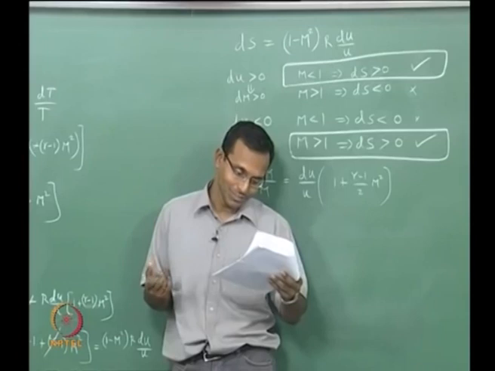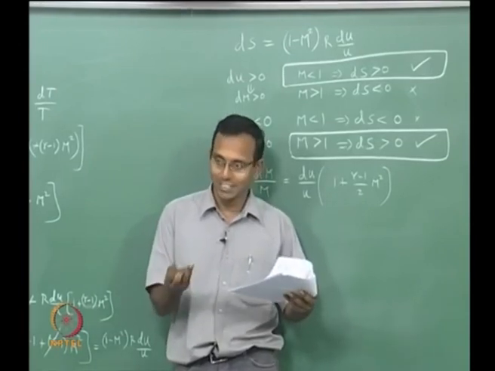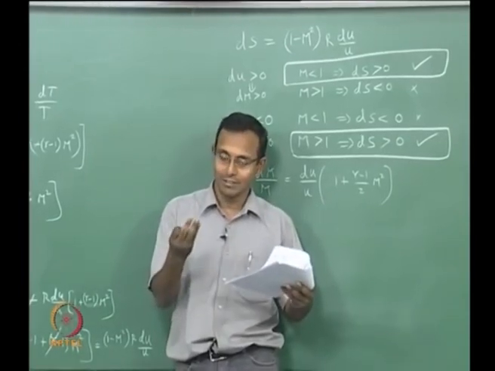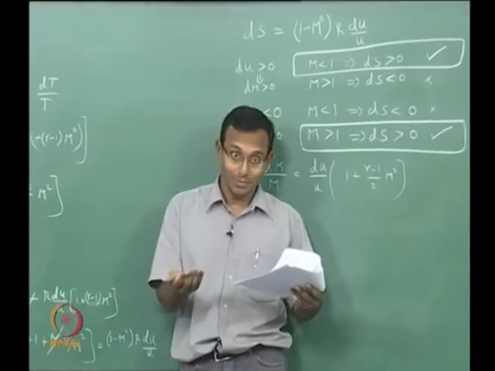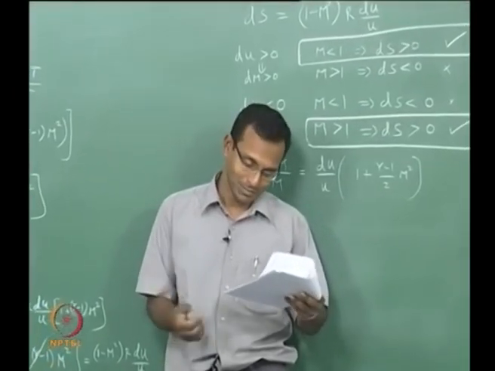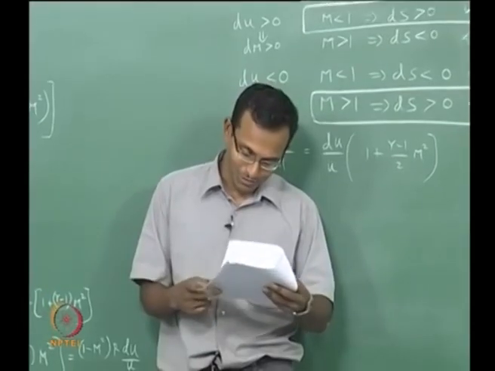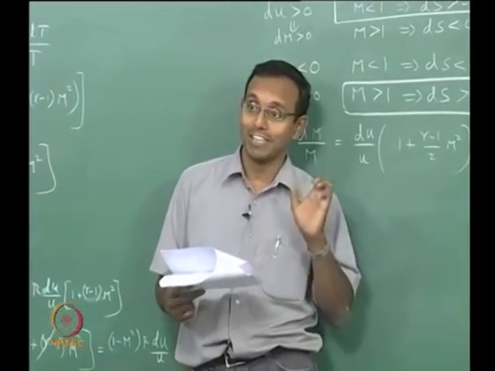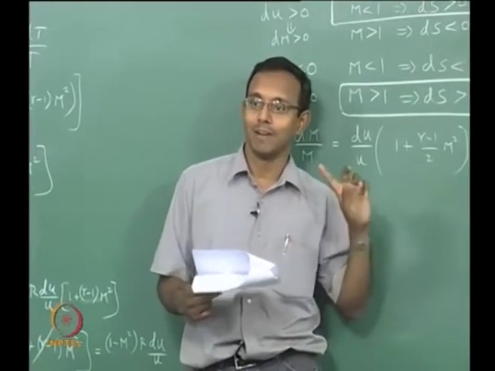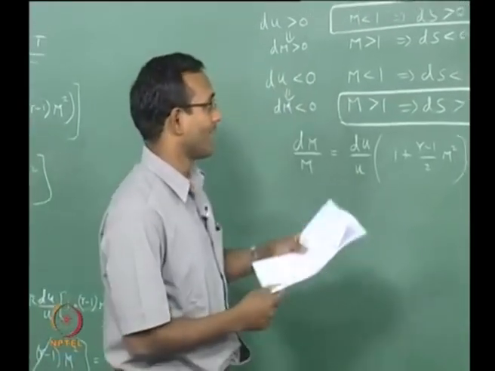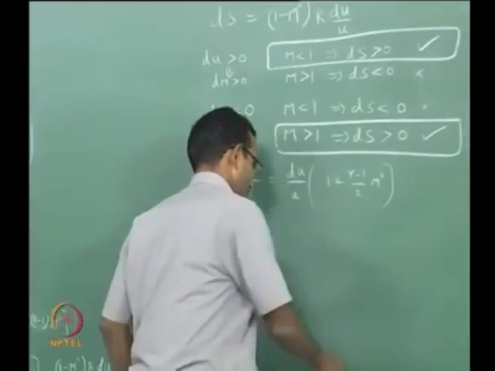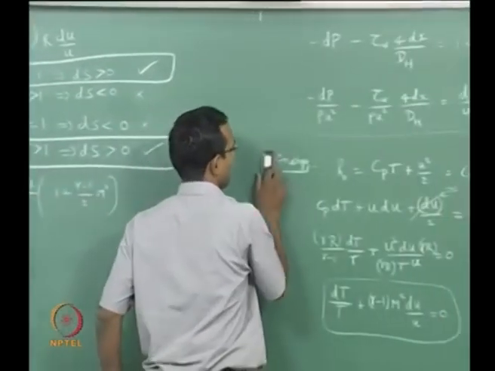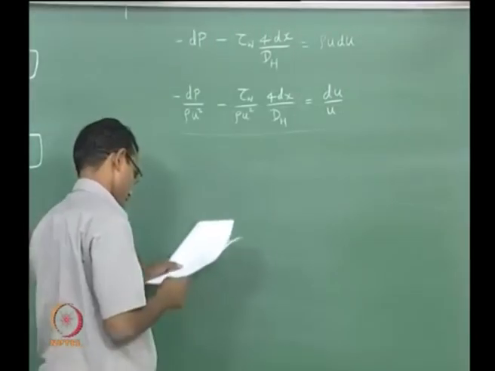What are the unknowns? Pressure, density, temperature, velocity, Mach number and entropy, those are your 6 variables. So you need all of them to actually solve the problem. The only thing left is that to solve the problem I need to find dU, that is where my dx comes in. So I will go back and look at my momentum equation. Since I have it on the board, I will start from here.